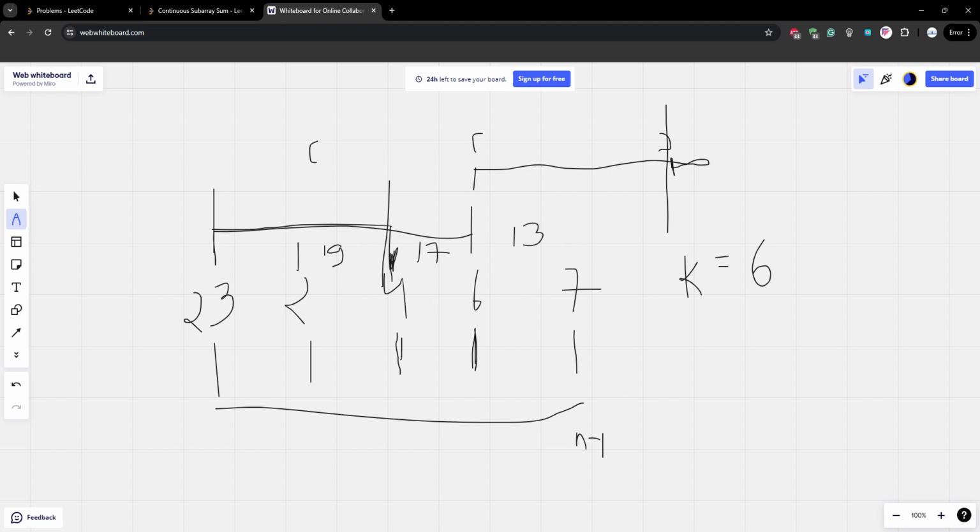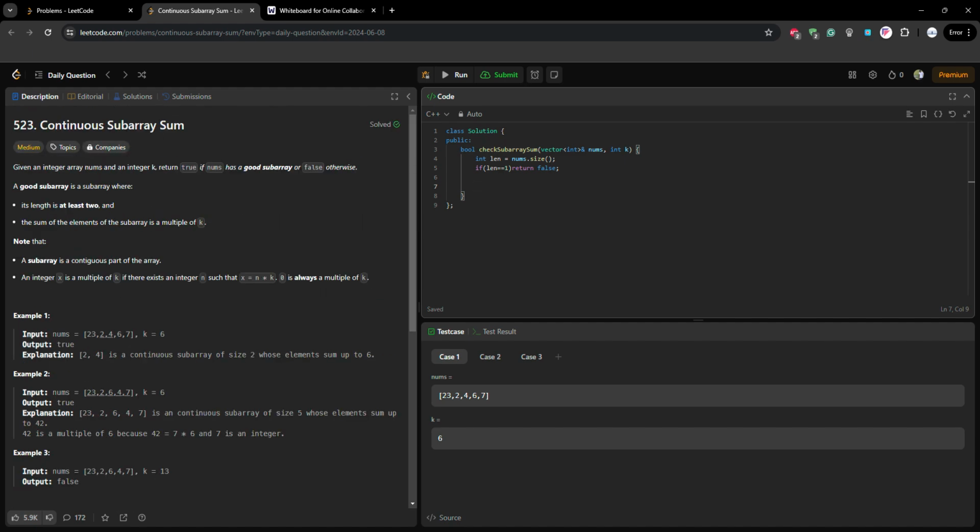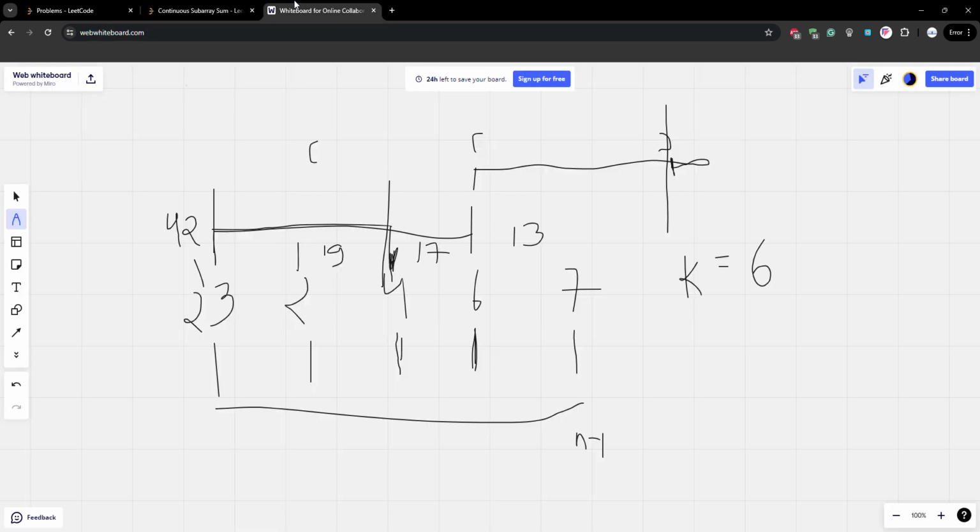No. Beginning here, I think it becomes 42. Therefore, it is divisible by 6. It's a good subarray, because a good subarray needs a length of at least 2. That's the only condition, so we can include the entire array. Therefore, a subarray which is equal to the array itself has a sum divisible by 6.